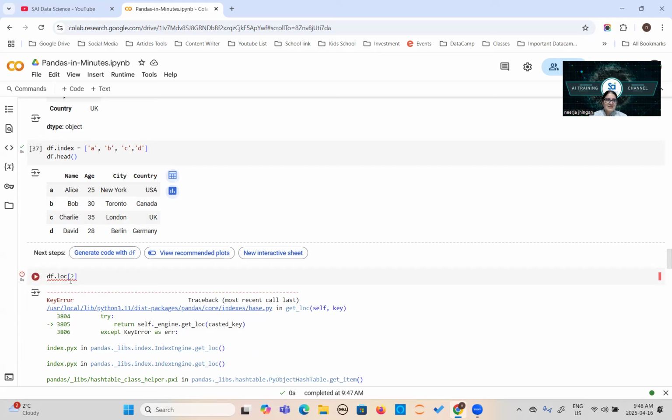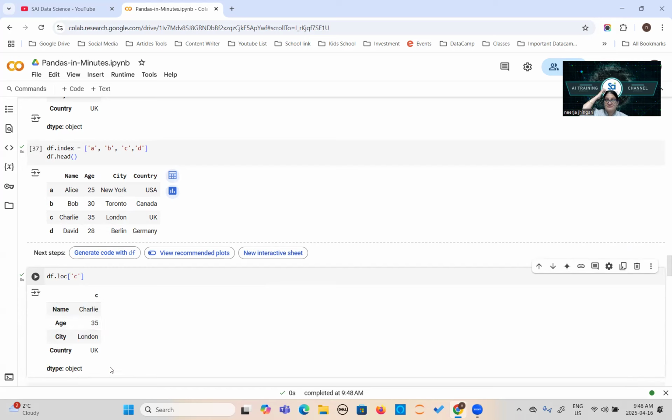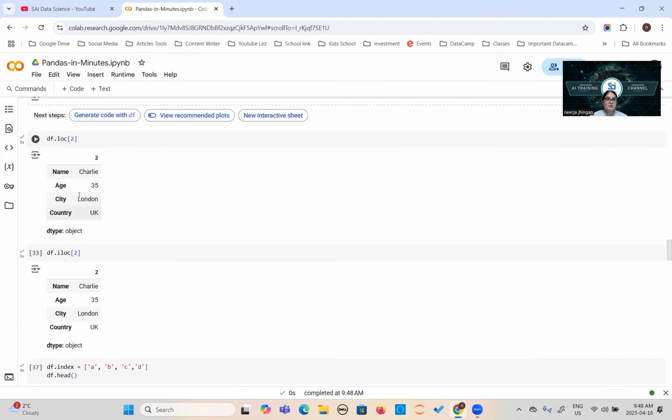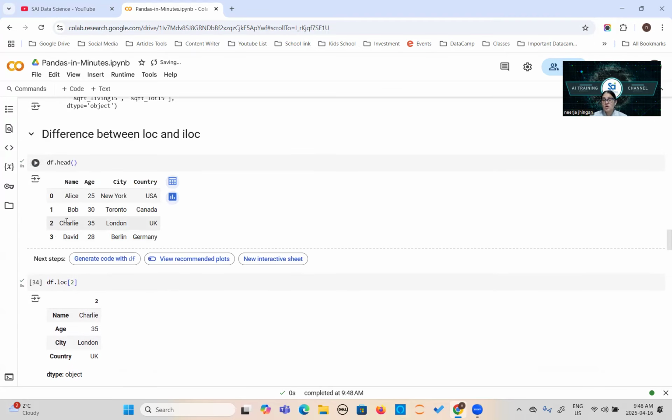So for this, if you want to check the position of this one, you need to name it with the actual C. Okay, then only it will give you the location. This is the reason. So 0, 1, 2 is the name of the location. It is not index numbers. That's why it is showing here. But behind it again, because we are naming the index column with the numbers actually, not with the ABCD.